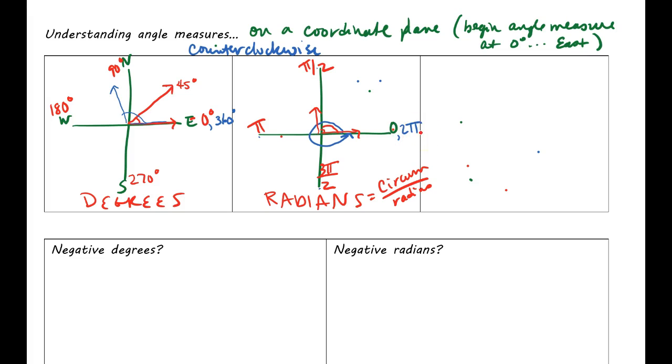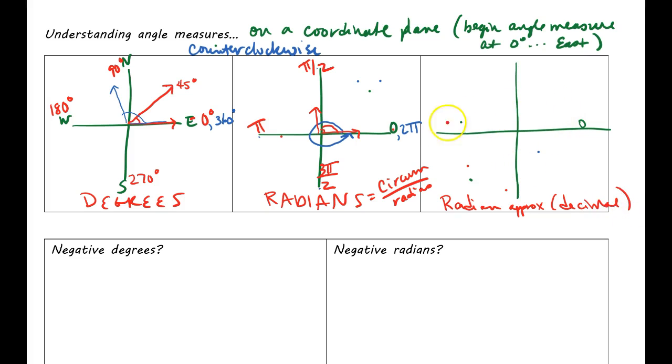All right, cool. So now what? Now, some people, since they don't like working in this mode, I have a third box over here because your brain sometimes just needs to wrap its head around how far this actually is. Like, we know a distance of 0 is 0, right? But if I say pi over 2, you might be like, well, how far is pi over 2? Or what number corresponds to pi over 2? So this box over here is still going to be radians, but this is going to be radian approximation as a decimal. So we're still going to do radians. I'm just going to approximate these numbers.